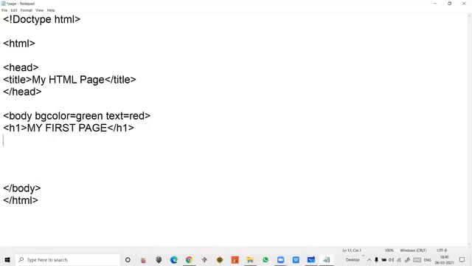Then next is what, students? You have to specify the horizontal line. The HR is for horizontal line because it has given that after your heading you have to display the horizontal line. So I'm using the HR. You can specify size also if you want. Size 2, 3, whatever. First we'll just see this one and then we can add the size also.